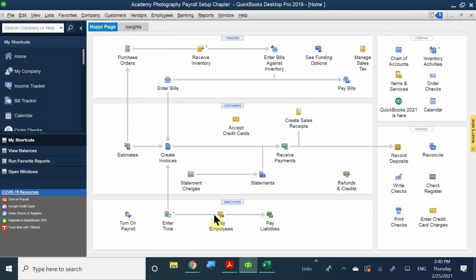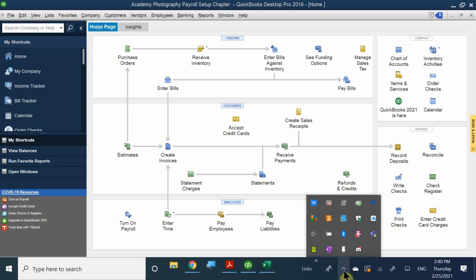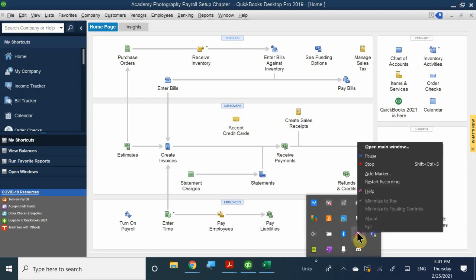So, any questions on how to do manual payroll? No, I don't think so. Okay, it's pretty straightforward, and that's how you do it. And then, yep. Okay. So that concludes our lesson for today. There's nothing else